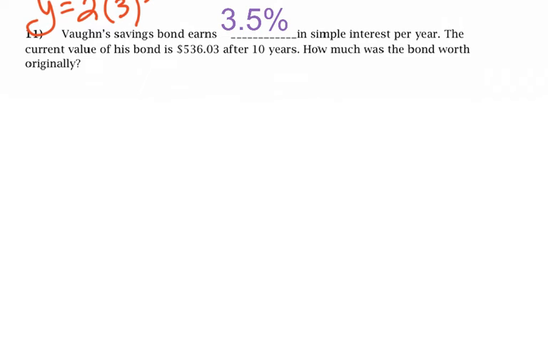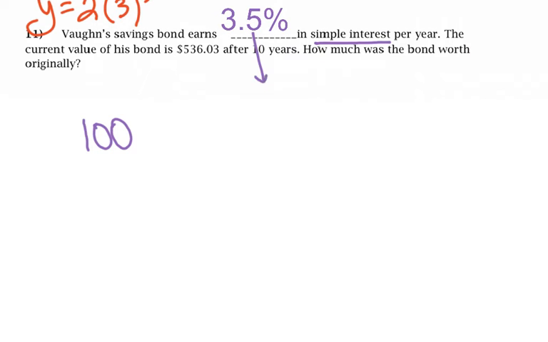Okay, the next question: a savings bond earns 3.5% in simple interest per year. Now we're going to talk about different types of interest. For right now, simple interest is like it sounds, simple. So for example, how that works is if you have $100 and you get 3.5% interest,